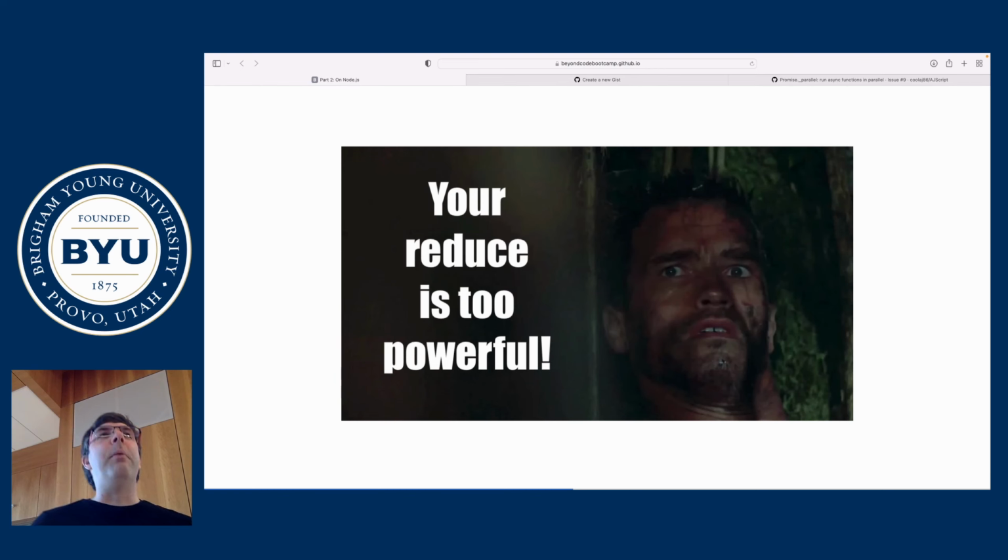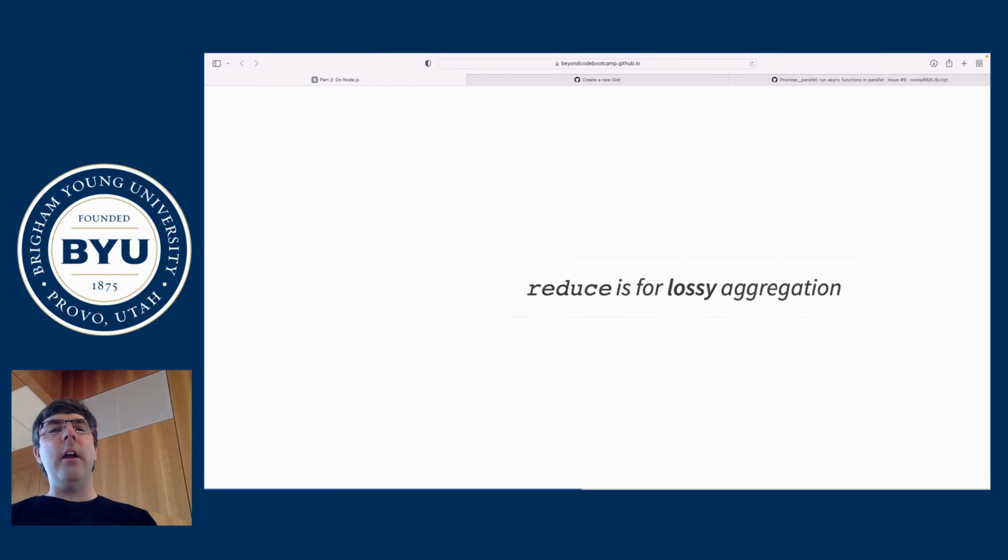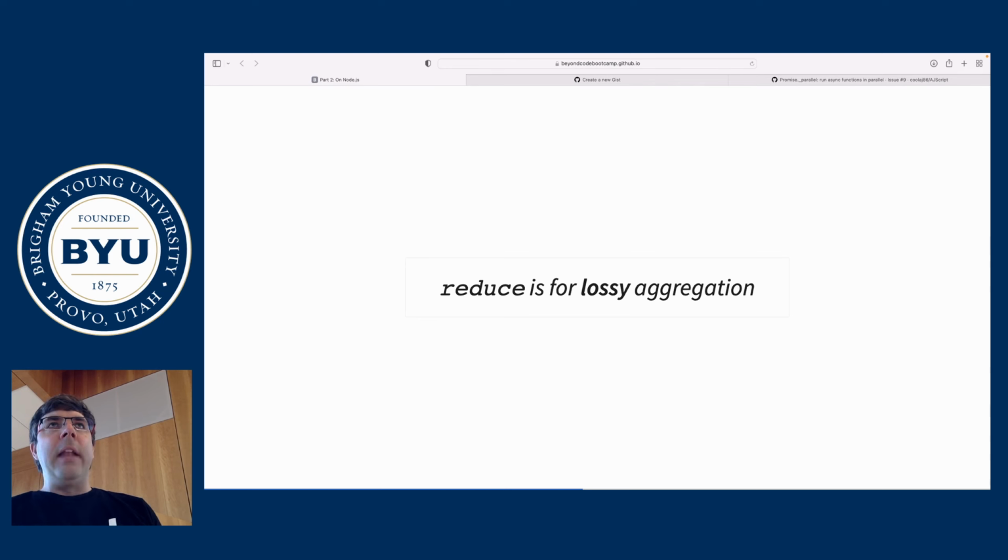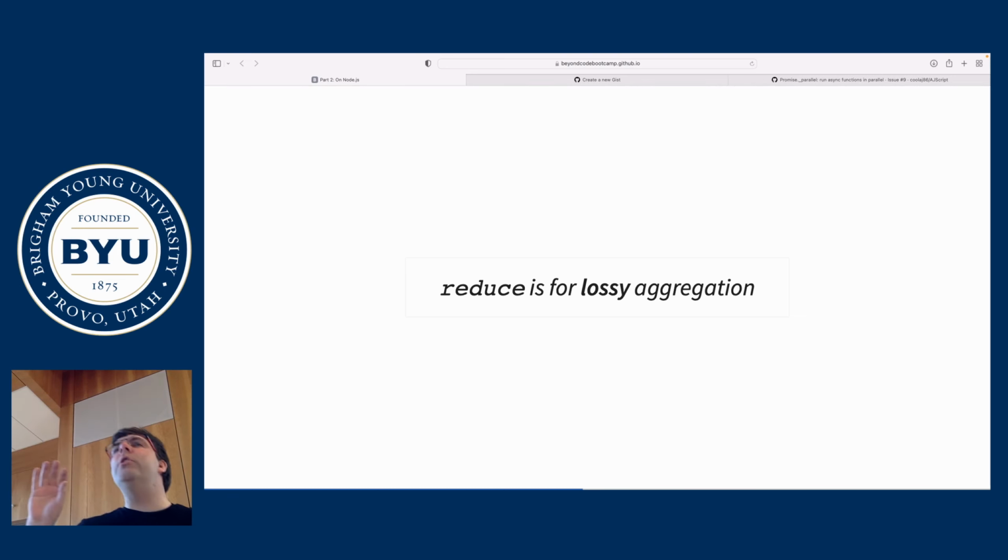Your reduce is too powerful. So specifically, reduce is the number one culprit in this scenario. First we're going to talk about what reduce is, and then I'm going to go back to that previous point. I see people use reduce all over the place for everything, and it honestly makes me